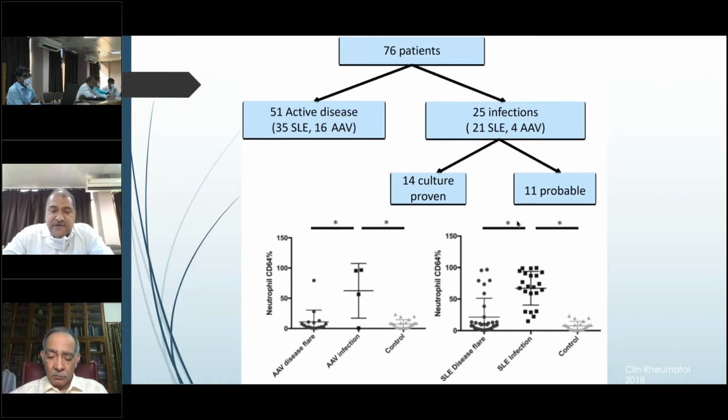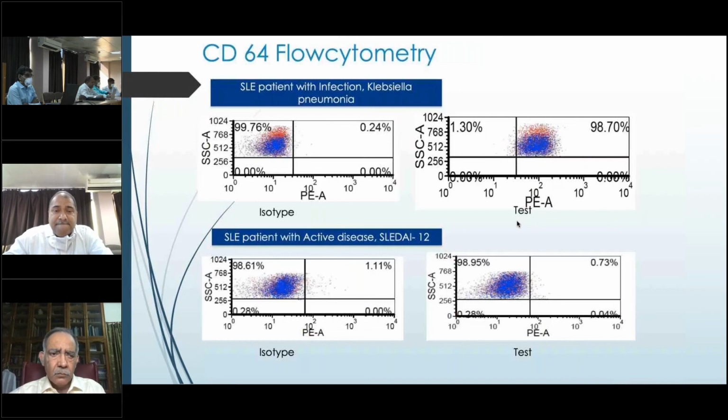We observed that patients who had active disease and healthy controls had a very significantly reduced expression of CD64 on the surface of the neutrophils as compared to the ones who had infection, both for ANCA-associated vasculitis as well as for SLE. Next slide, please. This is a representative flow cytometry. As you can see on top, this is a